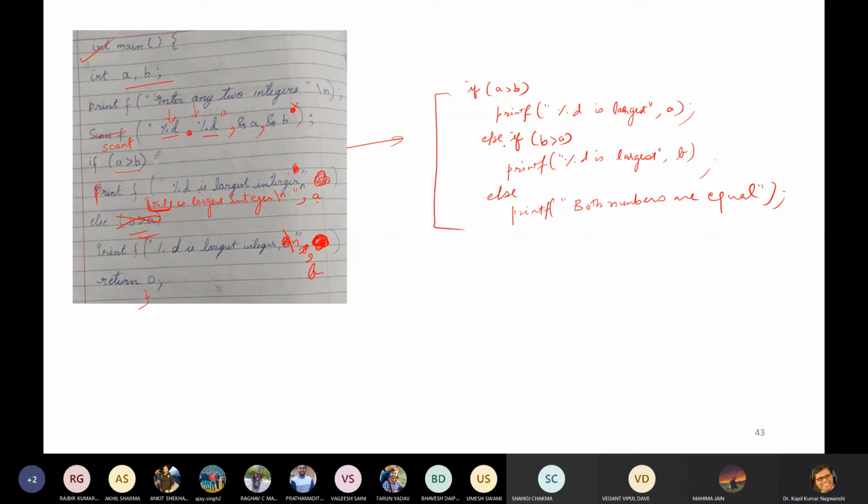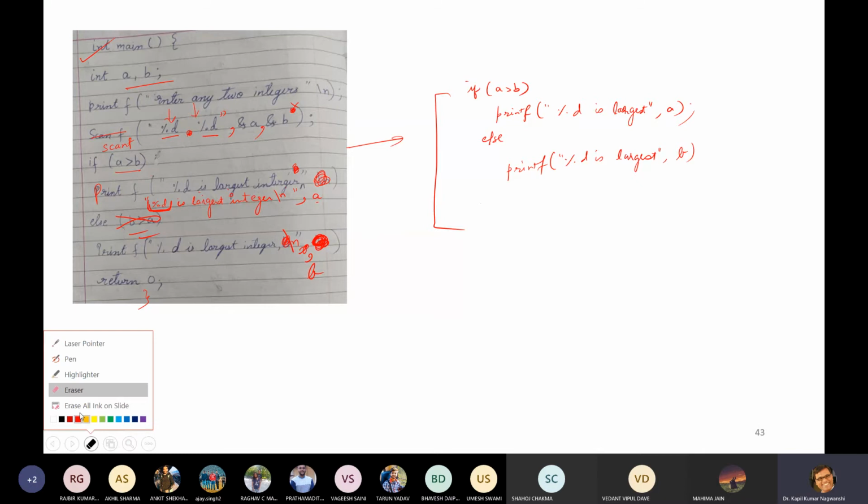Fine. If you want to write only the maximum, then which things can we hide? First, we will hide this much, okay? Oh, that went wrong, never mind. And we will remove this else and this printf as well. So now when we run it, if a is greater than b then it will print the correct output, but if a equals b then it will print b is largest. And if a equals b, again it will be greater than a, then also it will print,